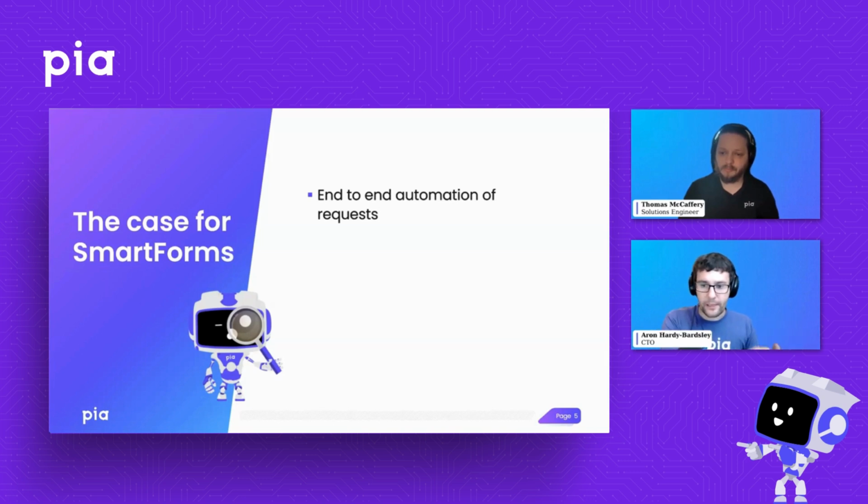And SmartForms is a key component of that. By having SmartForms, AI triage, and the automations within the chatbot and the ticket itself, all of those things combined is what truly enables the power of automation on your service desk. So talking about SmartForms today is one piece of that puzzle, but it is in the context of that larger efficiency gain from automation on your service desk.